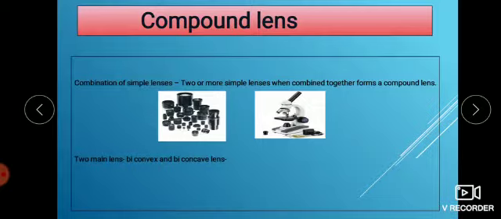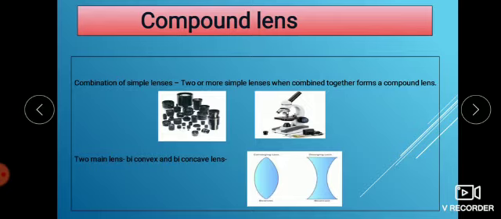In this chapter, we are going to mainly study two lenses, that is the biconvex and biconcave lens. The first picture is of a convex lens. Here you have one convex surface and another convex surface. It is a combination of two spherical convex surfaces, and this is called a biconvex lens. The second picture is of a biconcave lens. So, like the concave mirror and convex mirror, in this whole chapter we are going to study the convex lens and the concave lens. We normally don't use the words biconvex and biconcave.